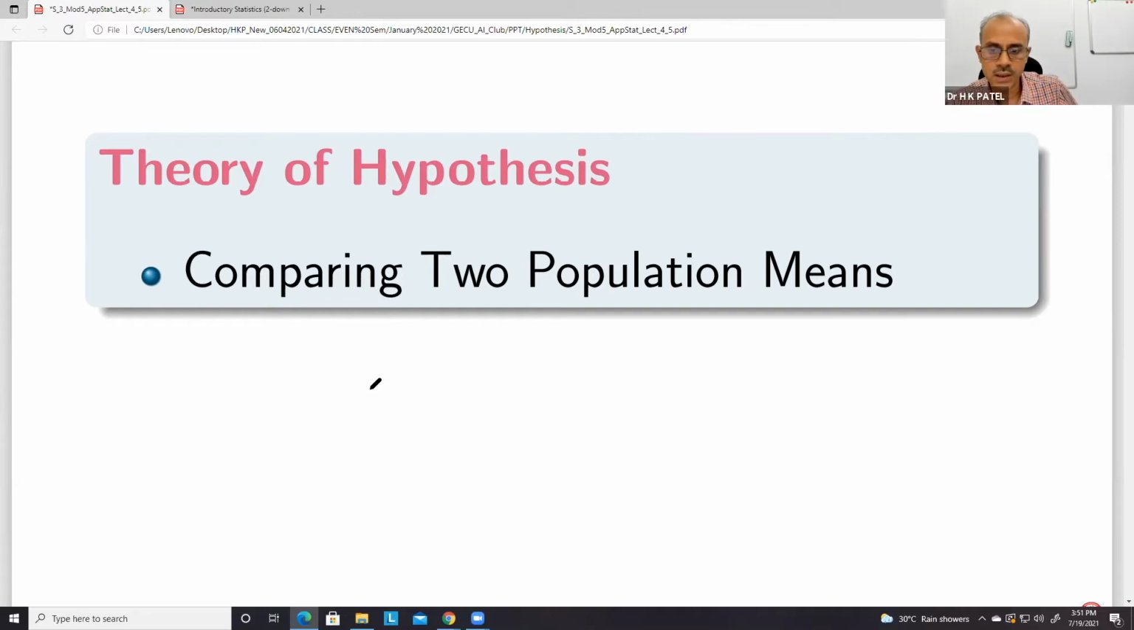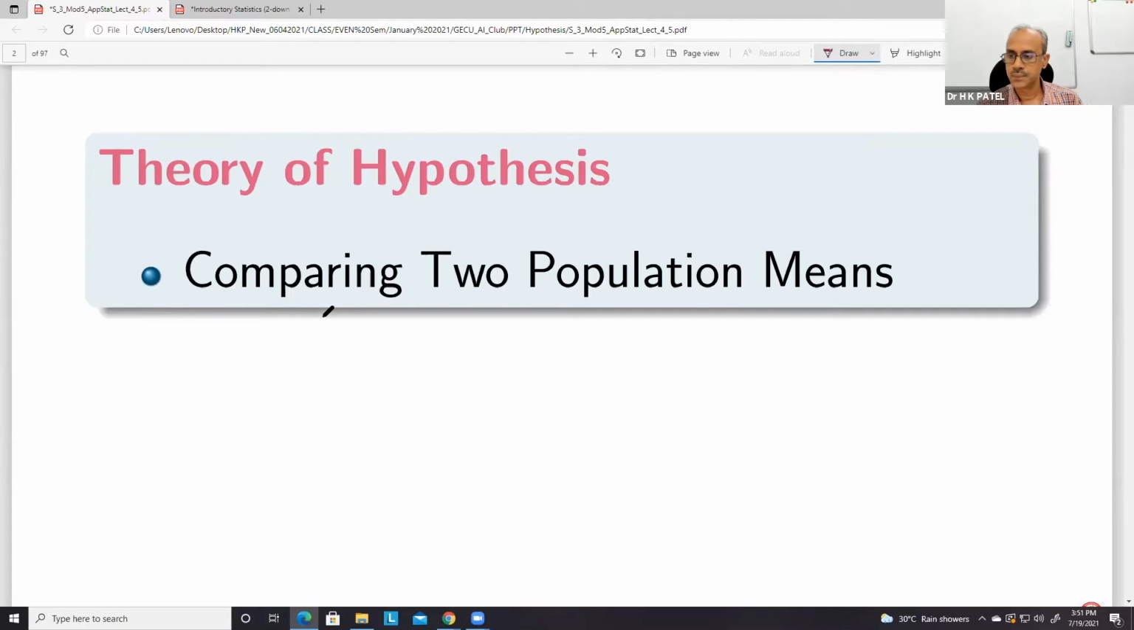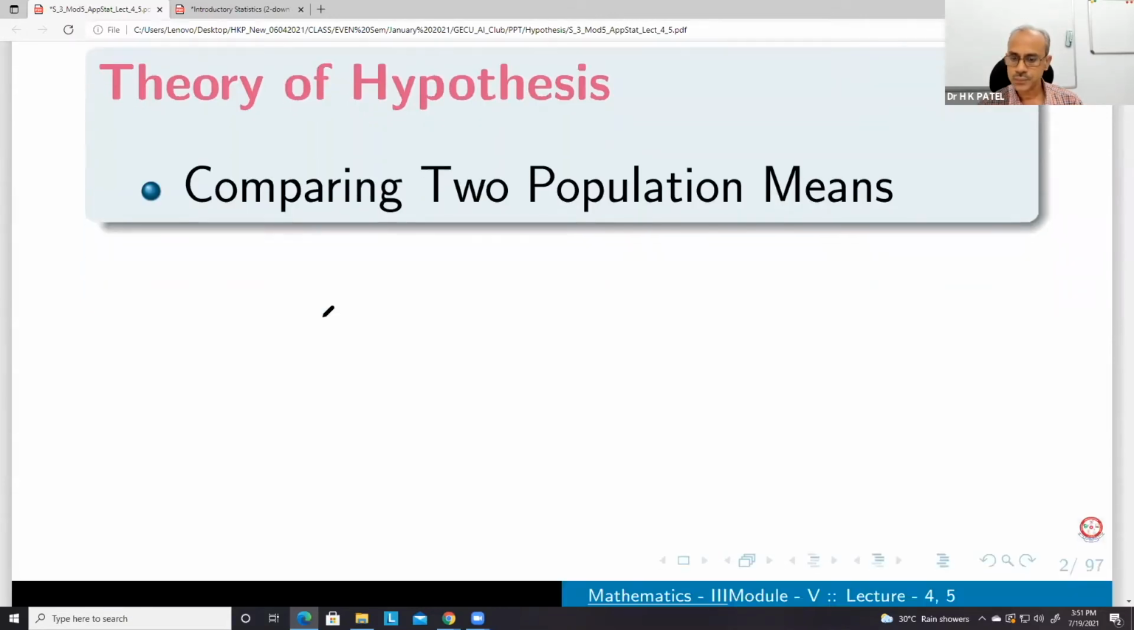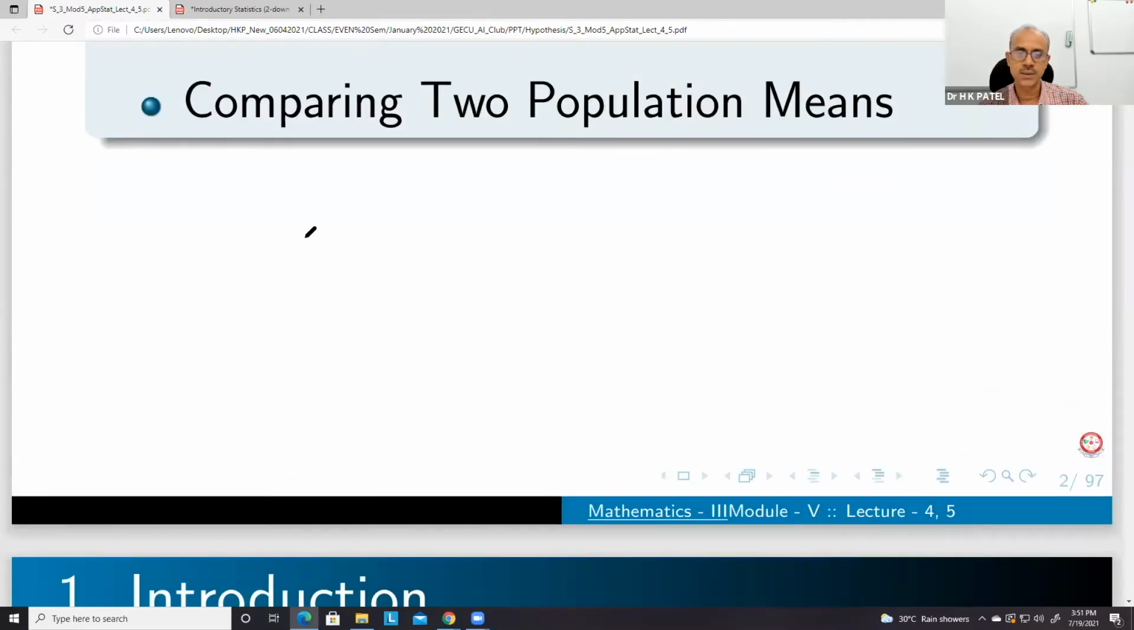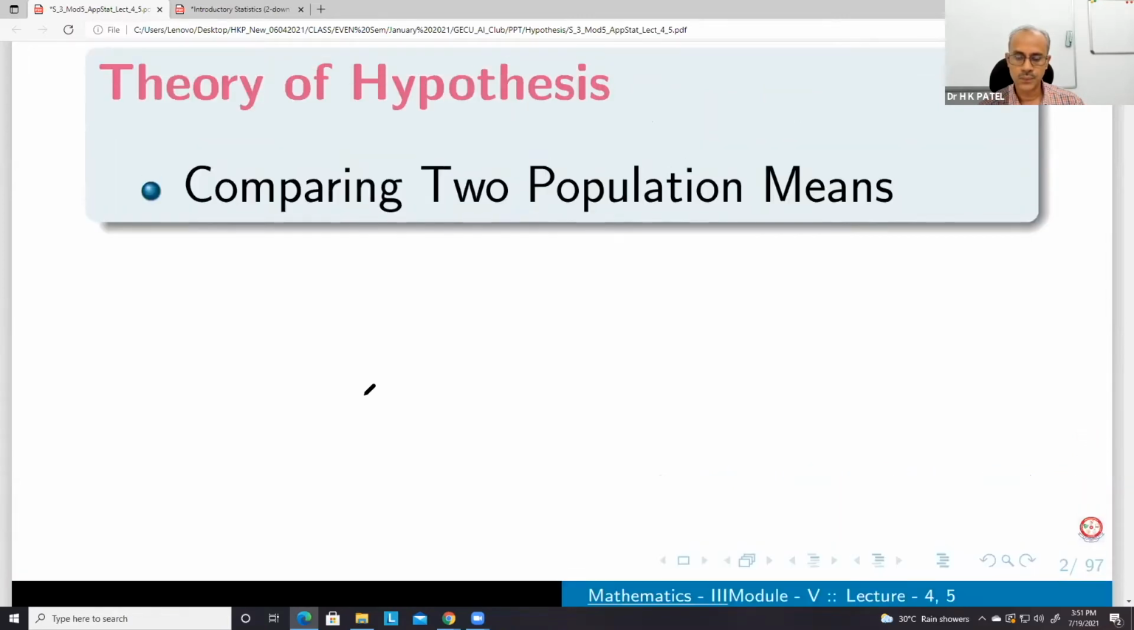We have already seen this topic for finding confidence intervals. Okay. But before that, let me once again revise this. Give a brief introduction of hypothesis test, what we are doing. Okay. So